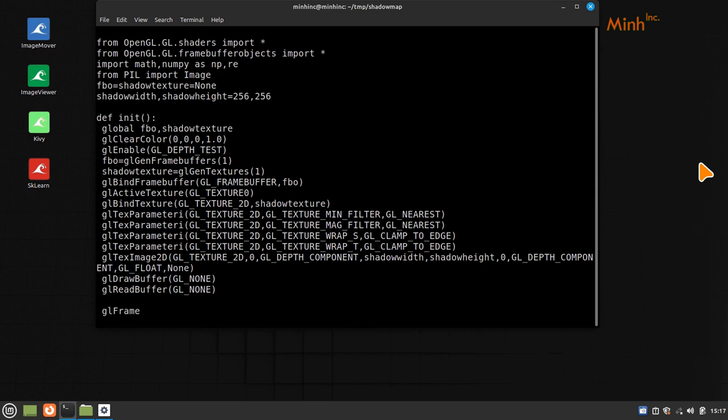So glFramebufferTexture2D, glFramebuffer, GL_DEPTH_ATTACHMENT, GL_TEXTURE_2D, FBO and 0. Okay, so now we are attaching. So glFramebufferTexture2D, GL_DEPTH_ATTACHMENT, GL_TEXTURE_2D and FBO. Okay, so now we are doing this with the FBO, so that we are kind of